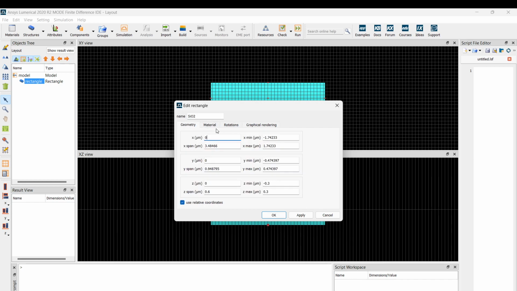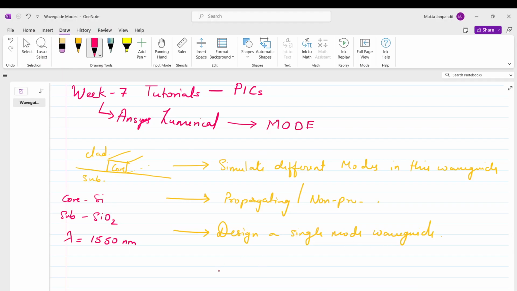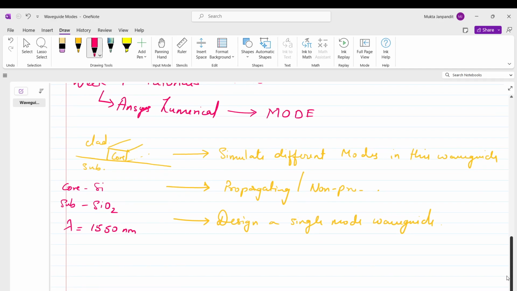And then we define the geometry. We want the x span to be, say, 10 microns, and the y span we can also give 10 microns or 5 microns. Z for now doesn't matter because we are not looking at this. Z is the propagation direction, so the light is propagating along the Z direction. We need to find the modes. If you remember from the discussion in the class, the modes are cross sectional profiles, right? Just a minute. Right. So this is my Z direction. Okay.